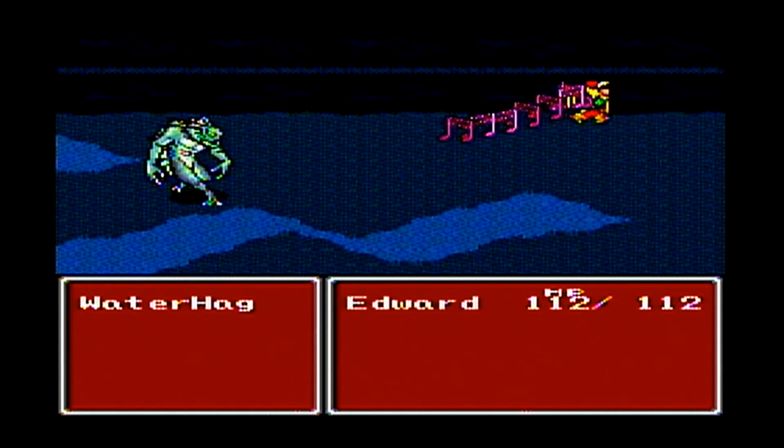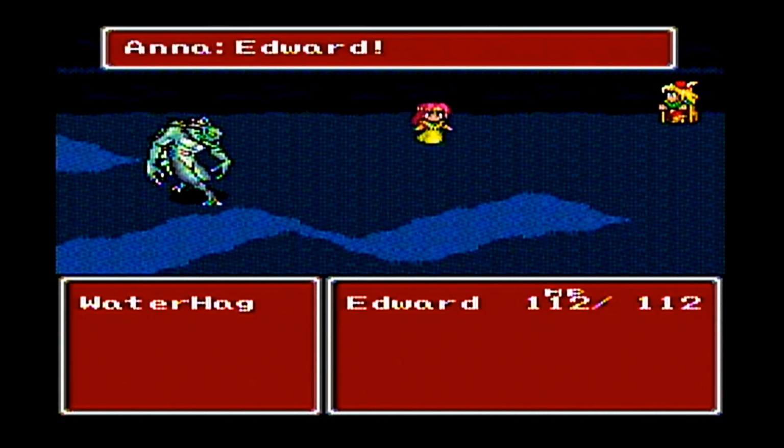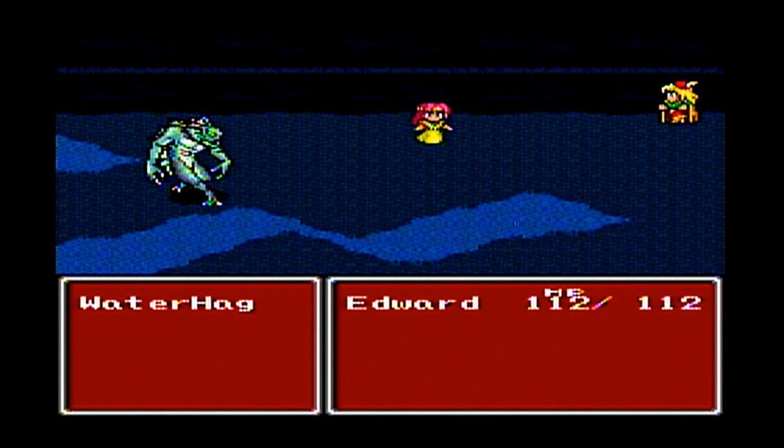So we have a battle here with a water hag who's been beefed up from the water hags that we met back in the underground waterway. This water hag actually has like 55,000 hit points, and apparently this is just a scene battle, kind of like when Edward fought Tella. So there's no really defeating the water hag because there's no way you're going to be able to take off